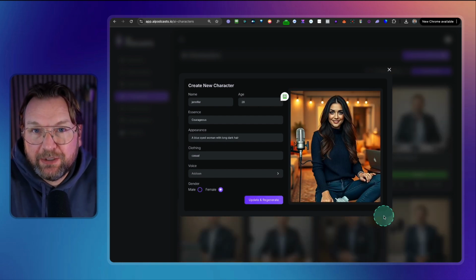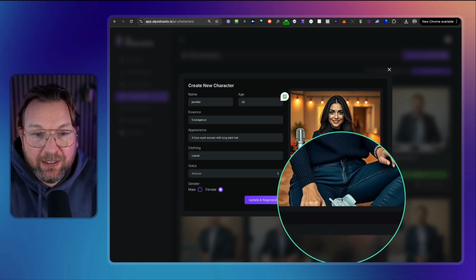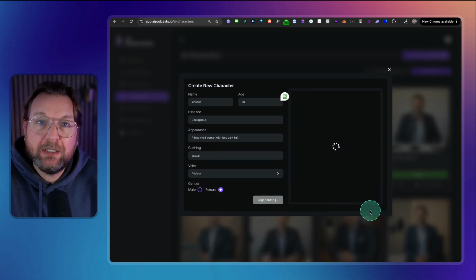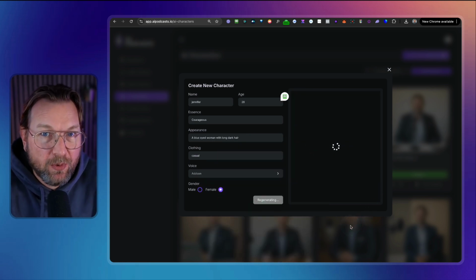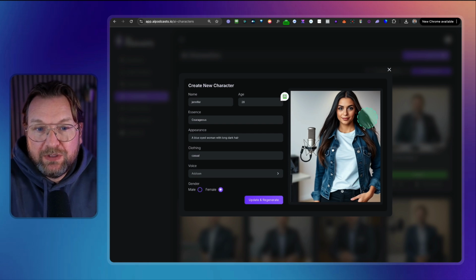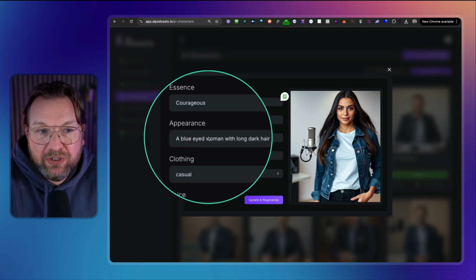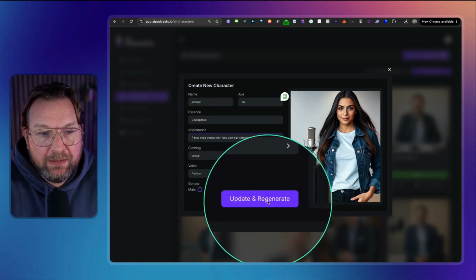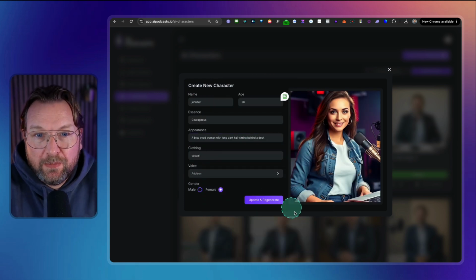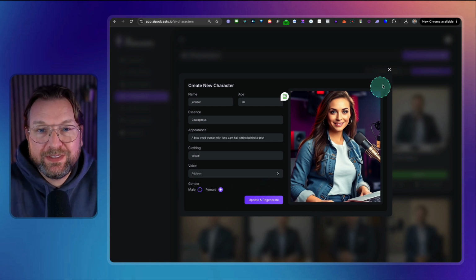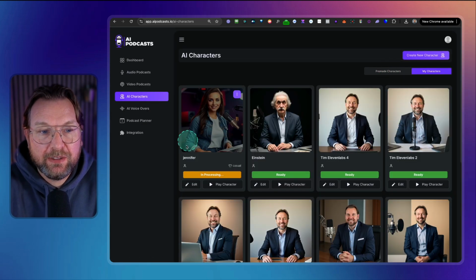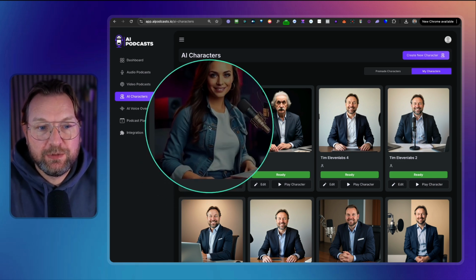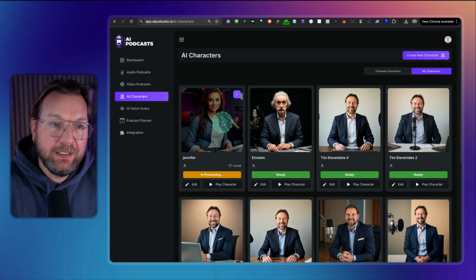This is the character that has been created. Now, personally, I don't like this image because you don't sit like this during a podcast. So you can update and regenerate and it will generate a new character for you. And there you go. This is another one. So she's standing here. So let's say we're going to change the appearance here. So with long dark hair, sitting behind a desk here, and update and regenerate. And there you go. I think this one is way better. And if you want to use this, simply click this cross icon here. And now it will be processing here so that it brings movement to this specific character. And then you can use this in your podcasts.